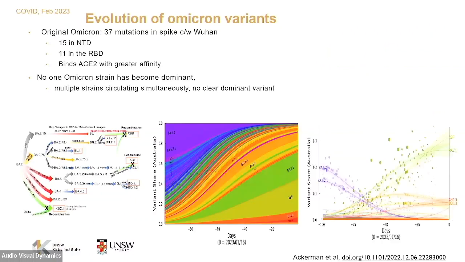At the moment, it's the B 2.1 strain and the BF strains that are dominant, but even these represent a minority of the strains that are circulating, and there is an essential soup of these strains in the Australian population at the moment. These are the data dating backwards from about the middle of January this year.